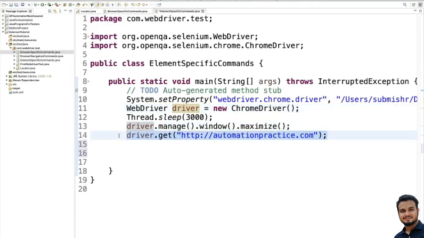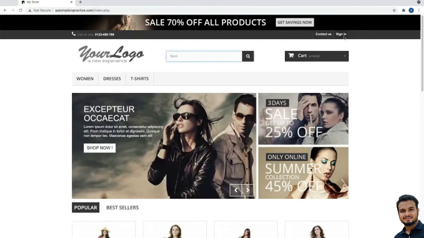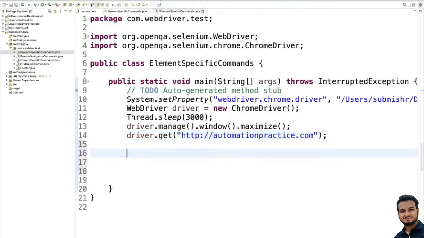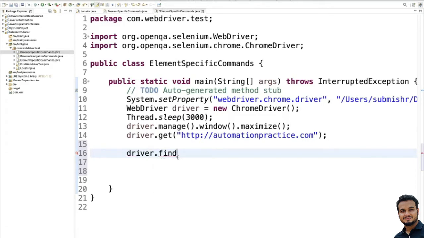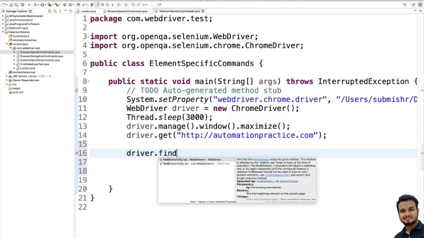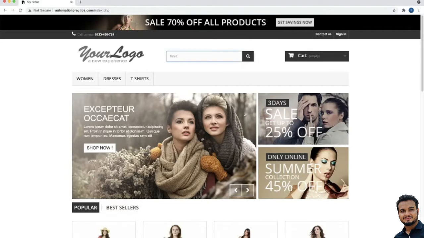Okay, then what we will try to do here is click on this sign in button, right? To do that, we will write driver dot findElement by dot xpath. Okay, and here we'll give the xpath.